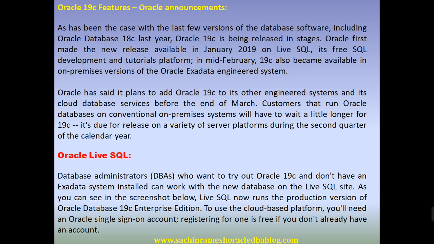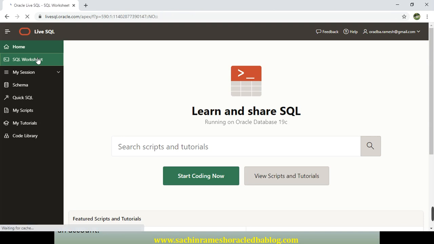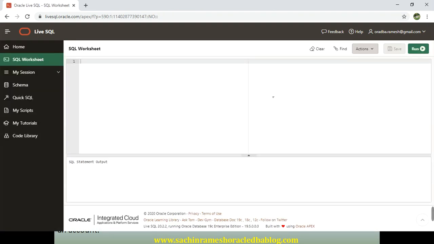If you don't have an account in Oracle, I will show you that. This is Oracle Live SQL. I have already logged into Oracle Live SQL, and here it is. This is a schema, and this is a SQL sheet. Whichever SQL scripts you want to test, you can work on them. And here are my sessions.